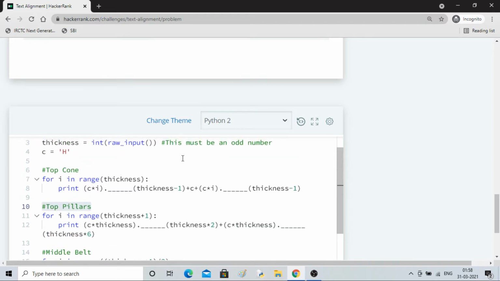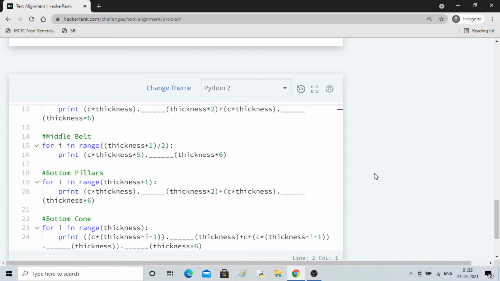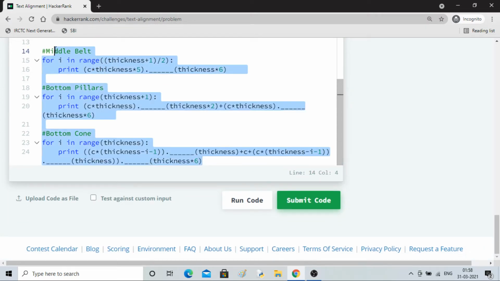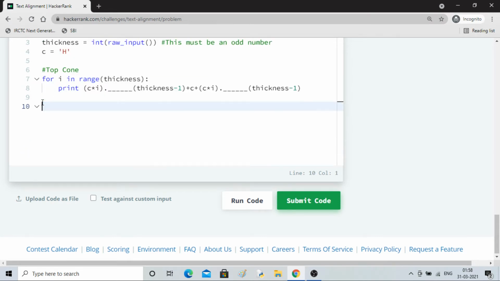We just have to provide what should be the values in the position of the dashes, whether it should be rjust, ljust or center. So what I'll do is remove everything, and I'll just see how it looks whatever I put. Let me put ljust.